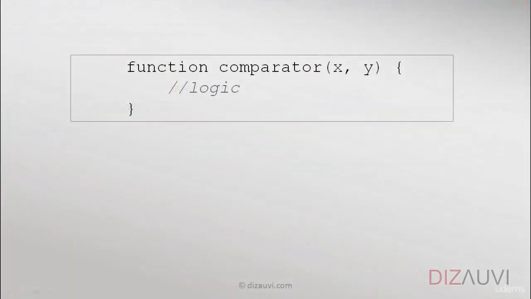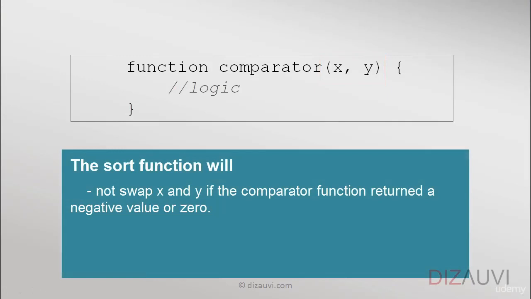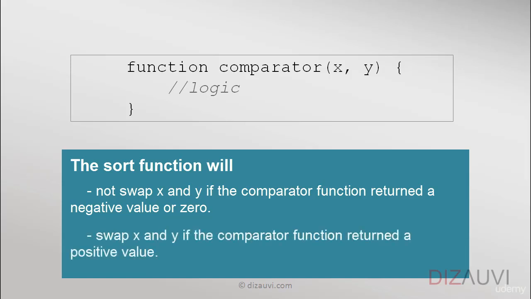Well, we can tell JavaScript how to sort by passing a comparator function which takes 2 items as a parameter. If this comparator returns a negative number, then the first argument is considered to be less than the second, and the elements are not swapped because they are already in order. If it returns 0, then both arguments are considered to be equal. Or if the function returns a positive number, then the first argument is considered to be greater than the second argument, and the 2 elements would be exchanged in the array.